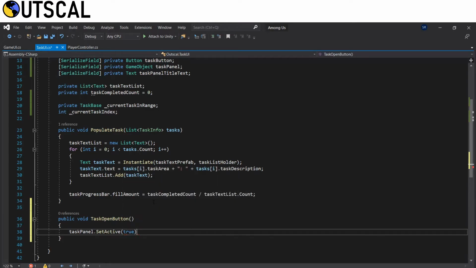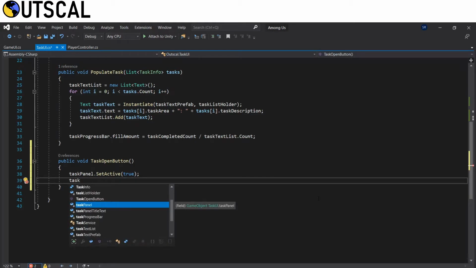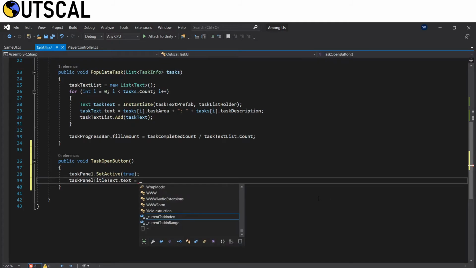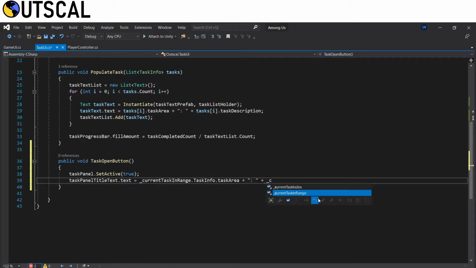Inside this method, we will make our task panel dot set active true. Then we set the task panel title text dot text equal to underscore current task in range dot task info dot task area plus our current task in range dot task info dot task description.